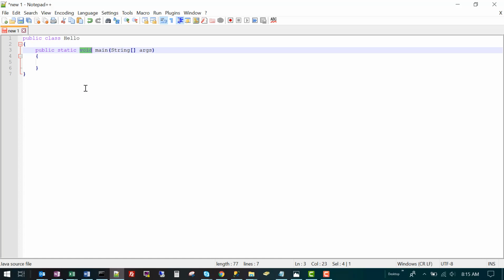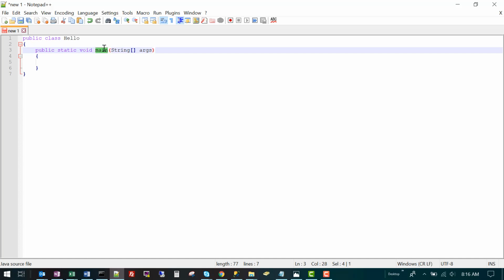The keyword void indicates that there will be nothing sent back from this method. Once the code that runs inside the block is completed, the program will be done and there will be no additional output.